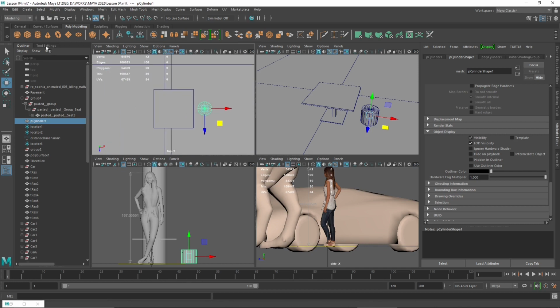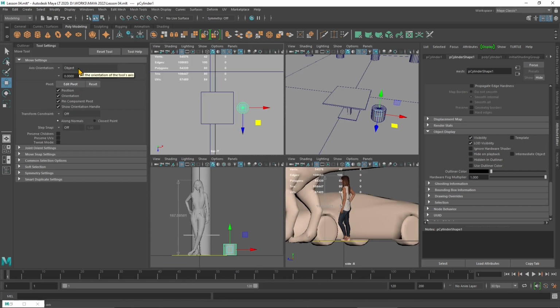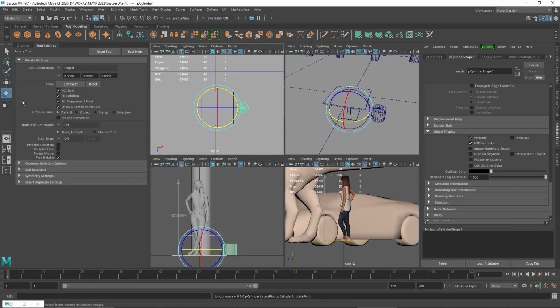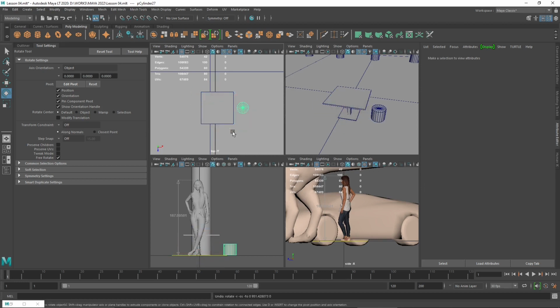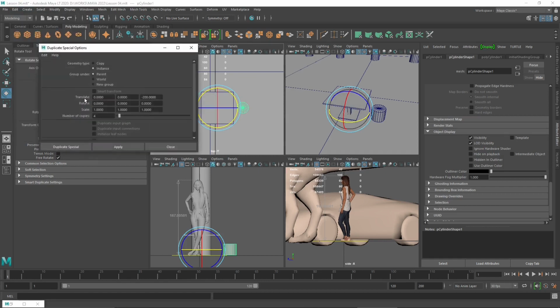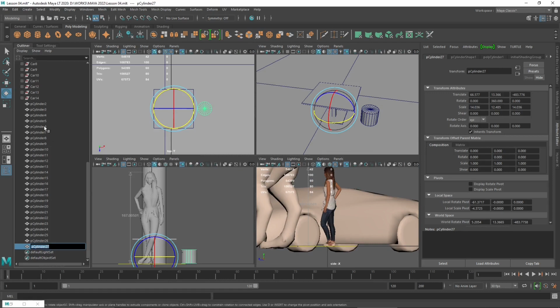So let's move in 2D so we can help ourselves. And let's go to the pivot. And this time I'm going to edit the pivot. I'm going to place that pivot in the middle, not of the seat, but of the table, because I want to create copies which will go around the table, just as usual in reality when we have seats around the table. So if I rotate here, you can see that I'm rotating now using the pivot around the table and not on the object. So if I hold Shift and rotate, you can see that I can create copies rotating around the table, or I can go to the Shift D, to the duplicate special,